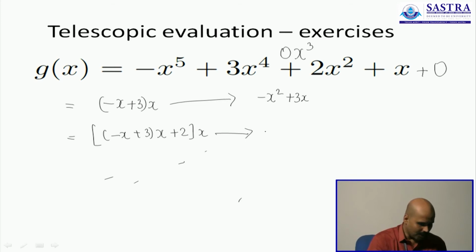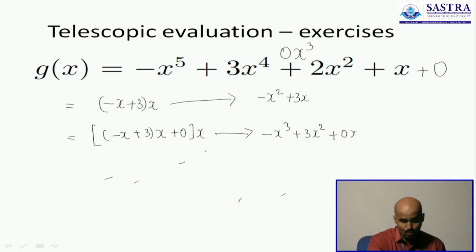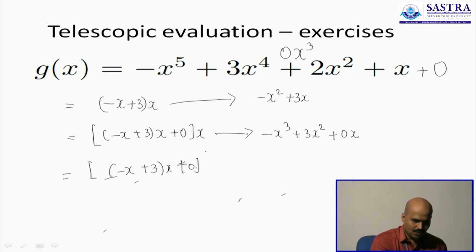Now we need a 0, right? We also have a 0. We don't have an x cube, so we'll need to add, beg your pardon for that. So we'll need to add an x without any coefficient, so it is just 0x there. So we'll have an x cube, you'll have a 3x square. You will not have an x because you do not have an x cube in the given polynomial. And in the last term, last but one term, plus 0 times x plus 2, and all of it is multiplied once again by x.